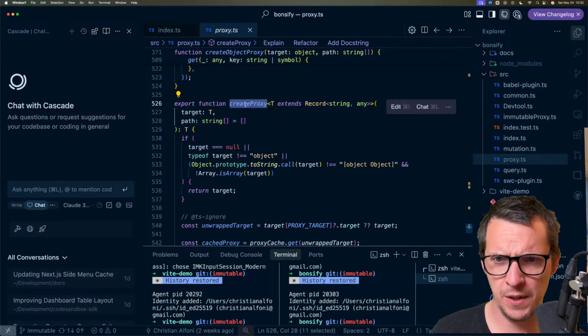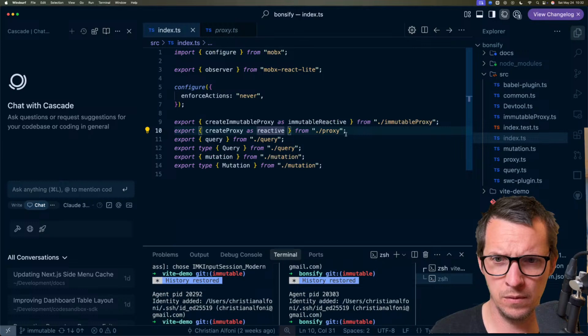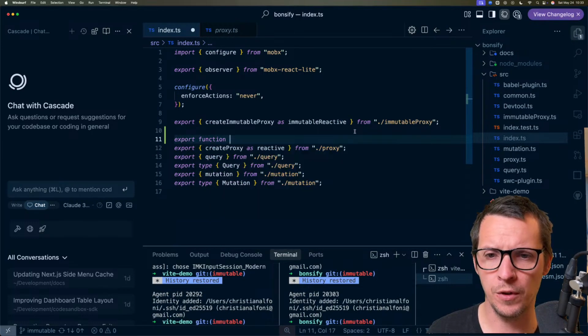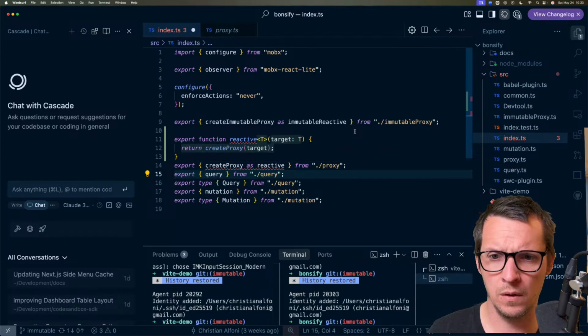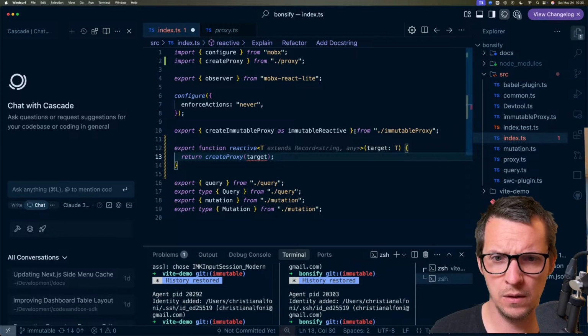But this create proxy is being used in multiple places, right? So we need to export function reactive. And then do this. And then we're gonna say,